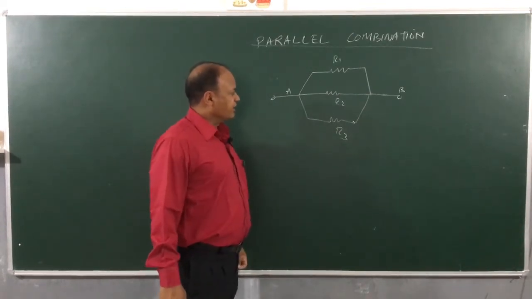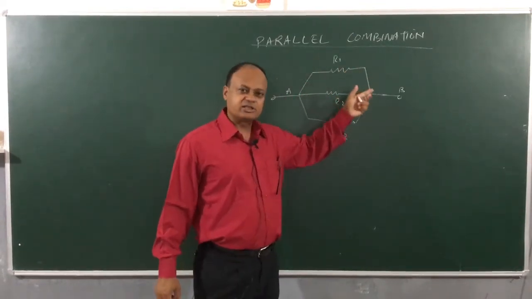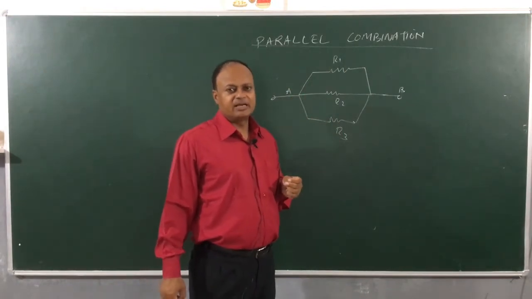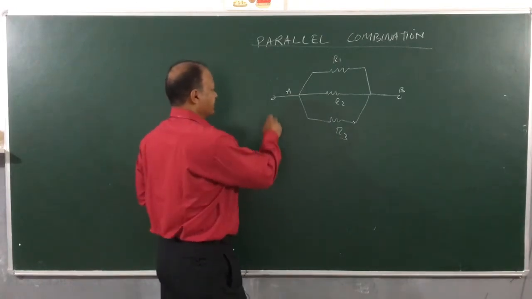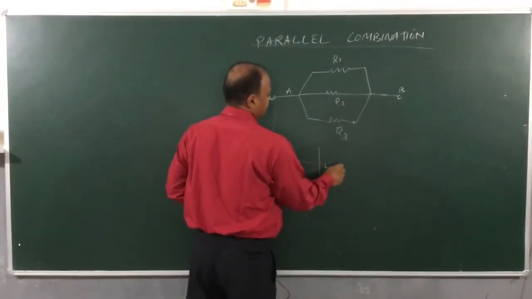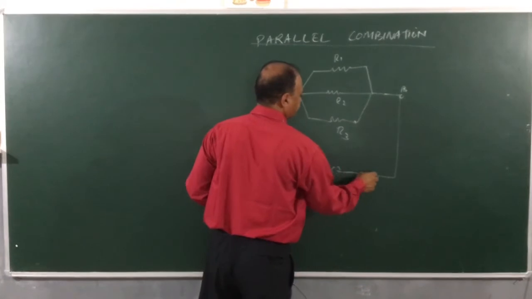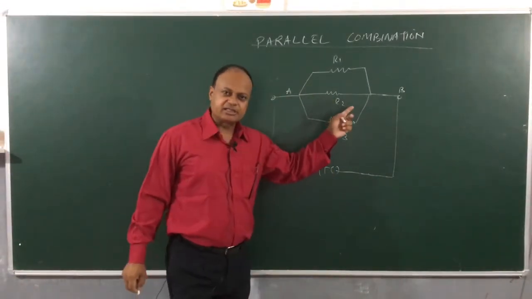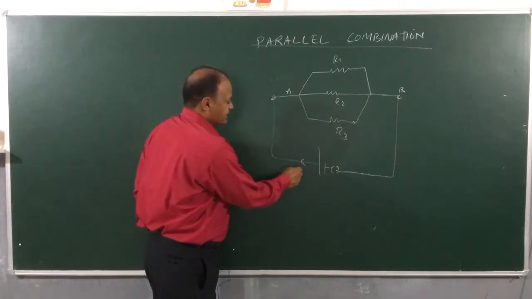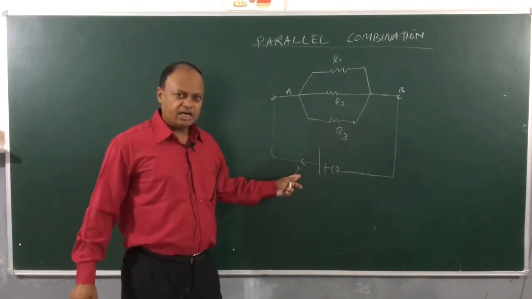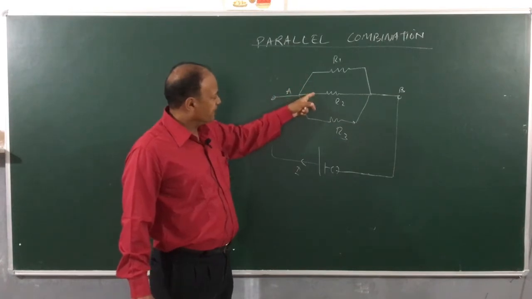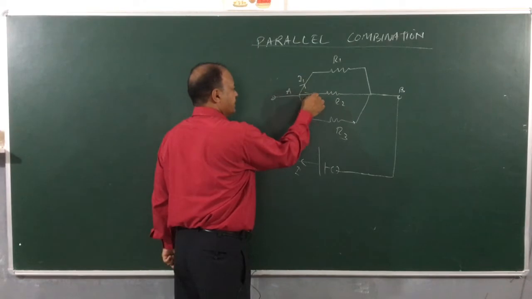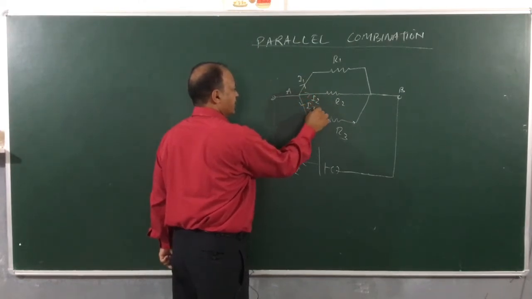Now, we will derive an expression for equivalent resistance of the combination of resistances in parallel combination, right? Imagine we connect a battery out here, a cell or a battery. When the key is closed, you can see a current will be set up in the circuit. Let us say this current is I. Now, this current I will split among these three resistances. The current here will be I1, here it will be I2 and here I3.